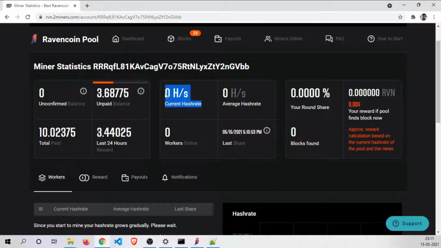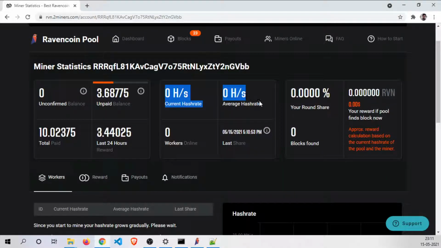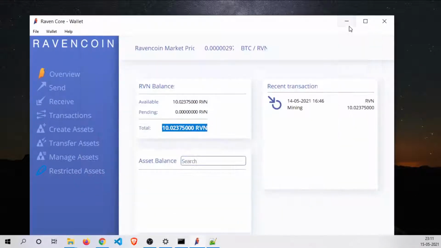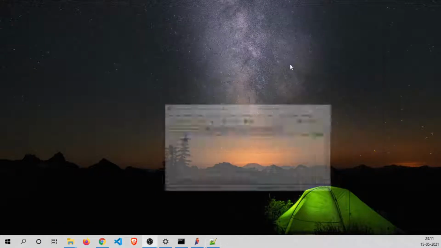This will give you the total hash rate currently working on your computer. I just started my mining, so that's why it is not showing here. Okay, so this is the background and my progress. Let's go back to the discussion.